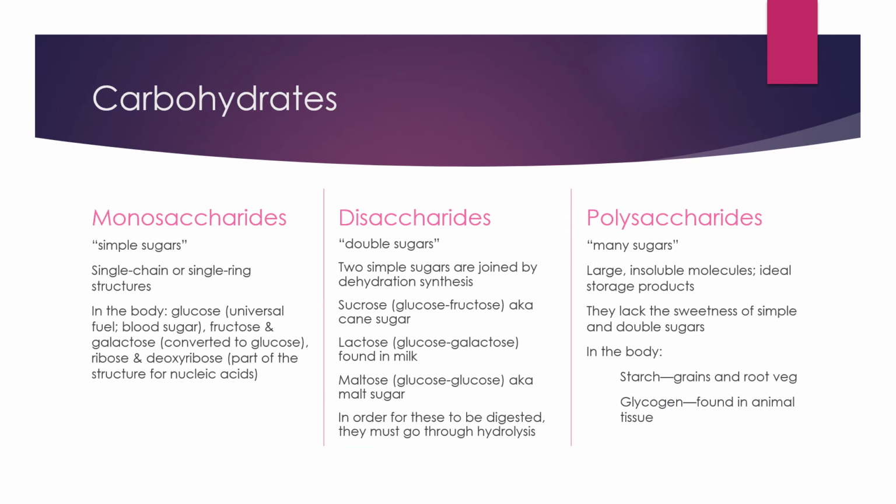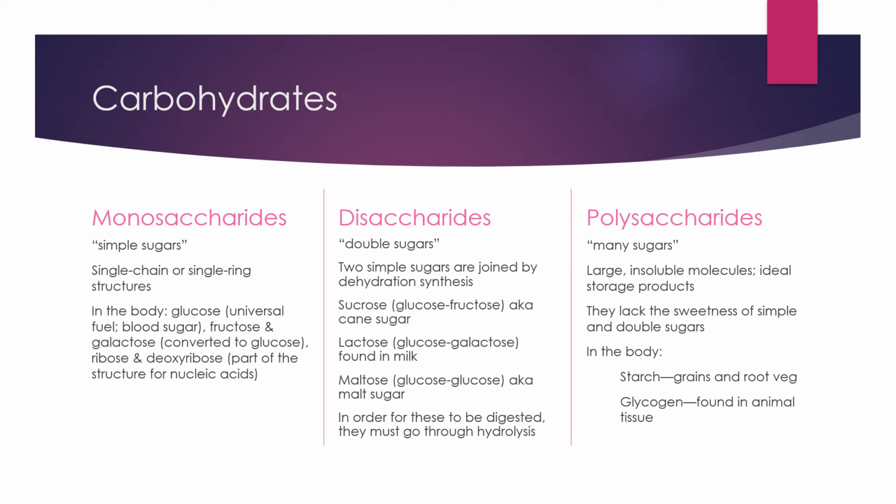Carbohydrates. So this is an organic compound. Monosaccharides, disaccharides, polysaccharides. You already see the base of the word is the same, and what's changing is the prefix. Mono, di, poly. Mono, one; di, two; poly, many. So monosaccharides are simple sugars, single chain or single ring structures. In the body we have glucose, aka blood sugar. It's a universal fuel. Fructose and galactose, which are converted into glucose, ribose, and deoxyribose, part of the structure for